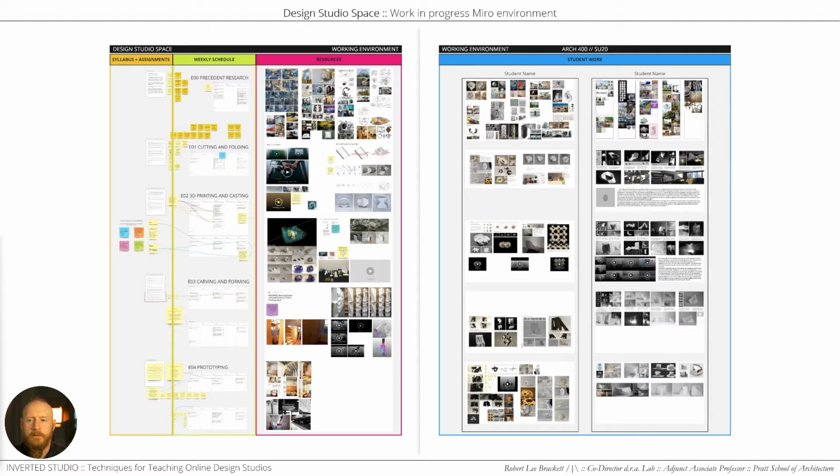Specifically to the work-in-progress space, Miro boards facilitate the real-time working environment that is non-synchronous and informal. It is valuable that instructors and students can communicate on feedback related to ongoing tasks and development of design work and exercises in real time. Syllabus and assignments are posted on the same Miro board, so they're always accessible and easily referenced, especially for schedule and the weekly timelines. That weekly schedule and timeline is also used as a resource to help structure the course so that students can see how progress is developing over the semester and know what's coming up next, rather than